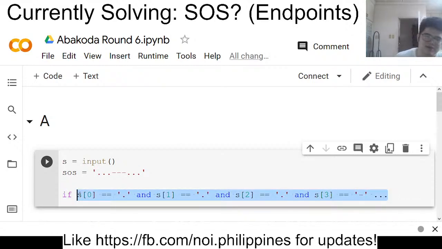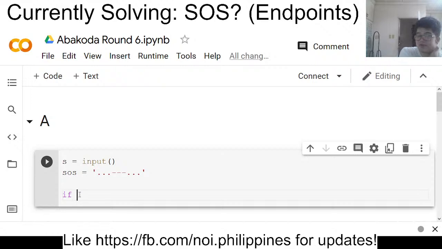But of course, it's a hint for problem B that a lot of programming languages have built-in substring methods. So what we want to do is take the string that is the first 9 and the last 9, and then directly compare if that is equal to SOS. For Python, we can use list slicing. So we'll go S, then 0 to 9. It means start with 0 and then end just before index 9, and we know this means the first 9 characters. So if this is equal to SOS, or